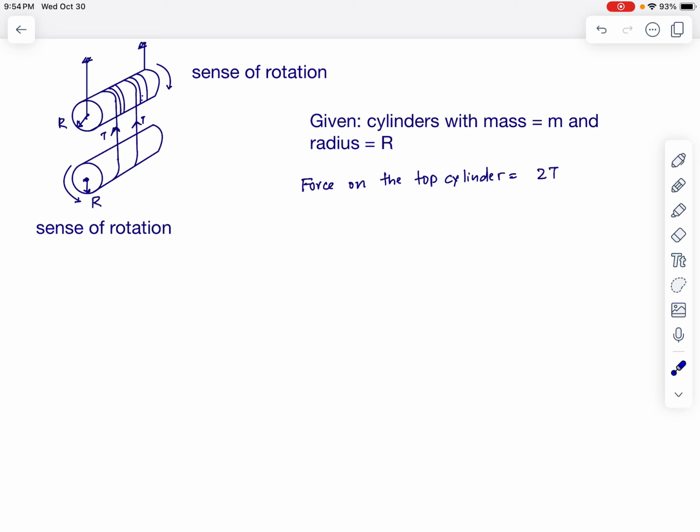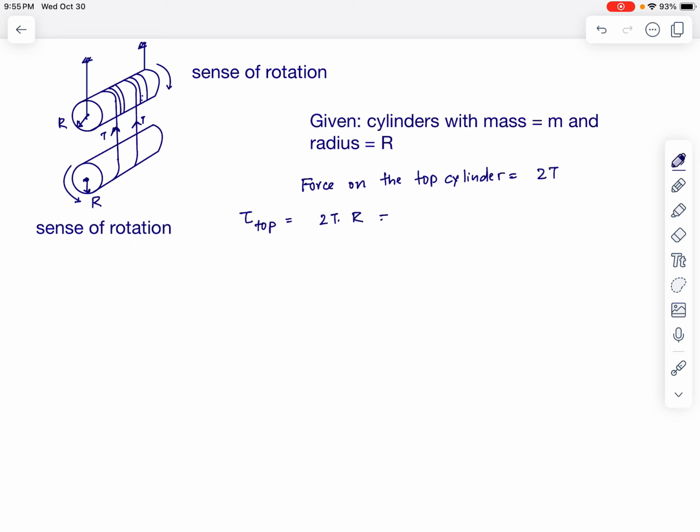So the total tension is 2T. Right? So now, we know that the torque on the upper cylinder is the force times the radius. The torque on the upper cylinder we will call tau on top, equals 2T times R, and